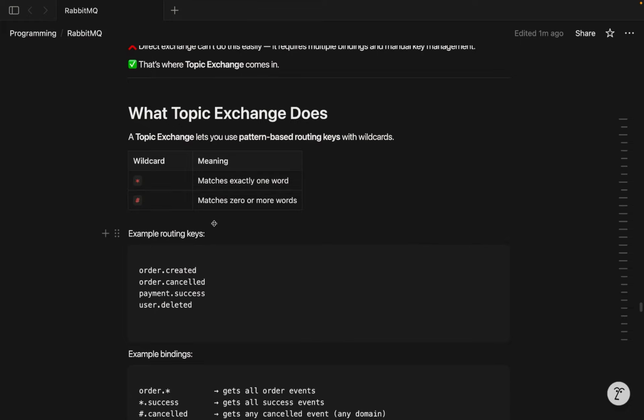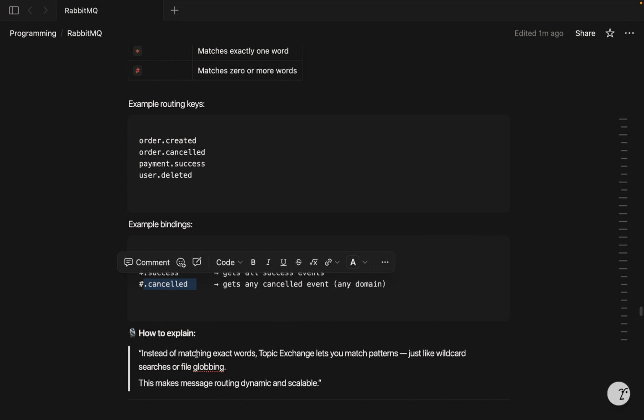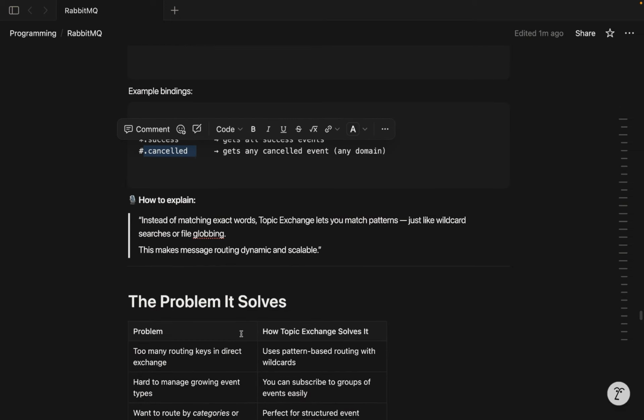Order dot created, order dot cancelled, payment dot success. This is the example. Get all the order events, this one, order dot star. Get all success events. Get any cancelled event, any admin, any domain, right? It will be triggered. Instead of matching exact words, topic exchange lets you match patterns like wildcard search or file